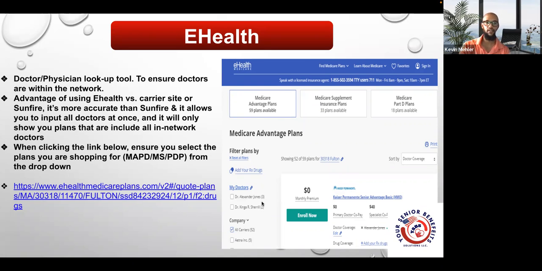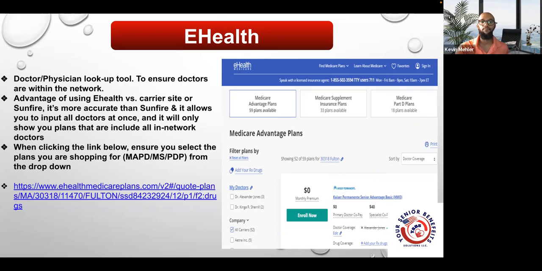I'm going to do a video on this for you guys, okay? So don't worry. But basically, you will see here the name of the plan, and then if the doctor is in network or not. If it's in network, it's going to be a check mark. If they're not in network, you're going to see an X. It is about 90, I would say, percent accurate. So again, if there's one that's not in the network, I always recommend calling and/or checking the carrier website,